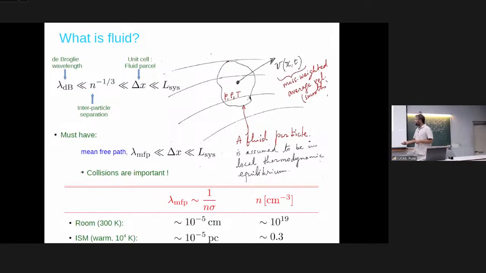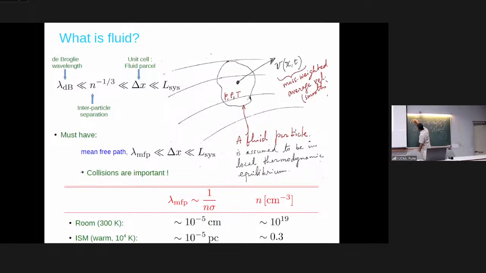For the interstellar medium, if you work out the same number, these are the typical number densities, you get a number which is 10 to the minus 5 parsec, which is a very large scale, but not for the size of the ISM. ISM is huge, right? So again, I can take an entire galaxy. Suppose this is a galaxy with a spiral arm, right? And in between, you have this interstellar medium. The size of this is 20 kiloparsec.